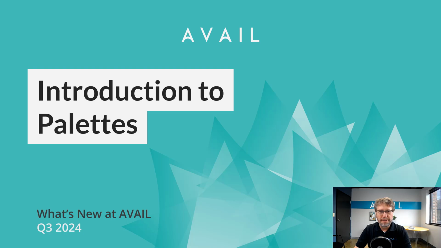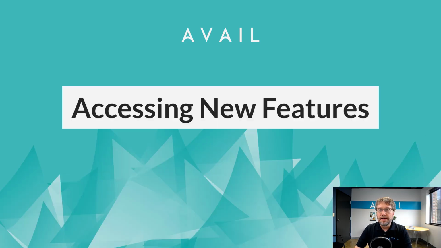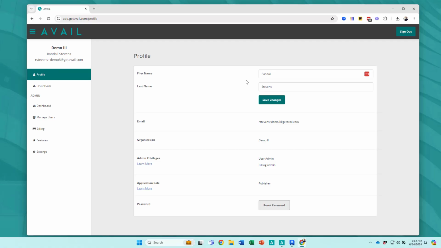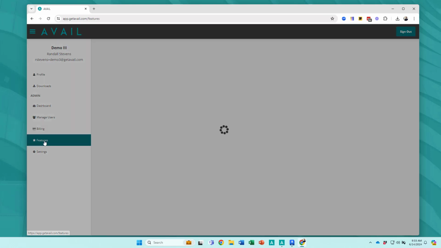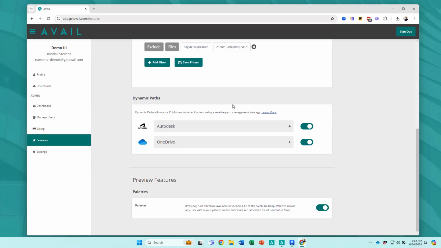I'm going to take a few minutes and walk you through an exciting new feature of AVAIL Desktop 4.6 called palettes. The first thing you need to know is to get your palettes turned on. Currently, the palettes are in preview release, so you'll need to get logged into the Manage portal. And if you head down to the Features tab on the far left and scroll down on the page, you'll see that there is a preview features section, and you should see palettes there,